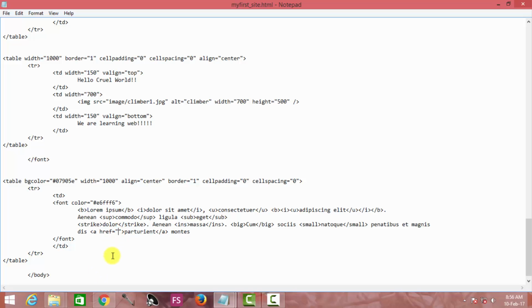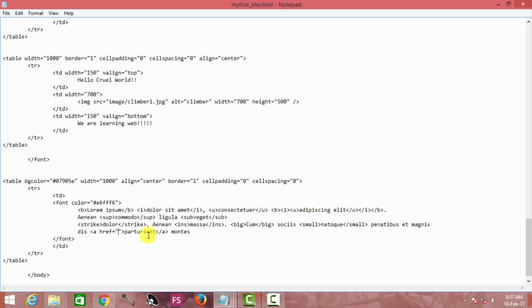So now if you want to open a particular image or a particular document or, say, text on another page, in that case all you have to do is mention this hyperlink reference here. That means the URL or the relative path. A URL is a separate thing that is used in case of your websites, and the relative path is that which determines on which particular location your document is exactly sitting.